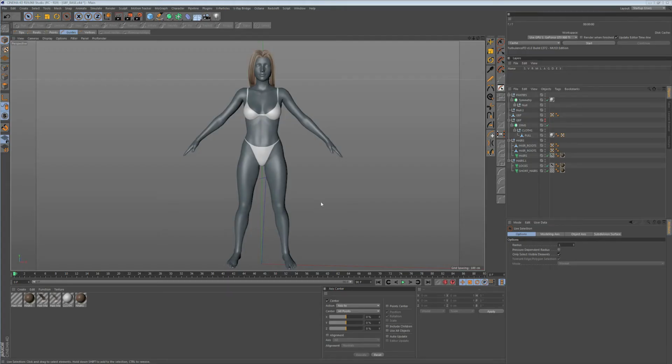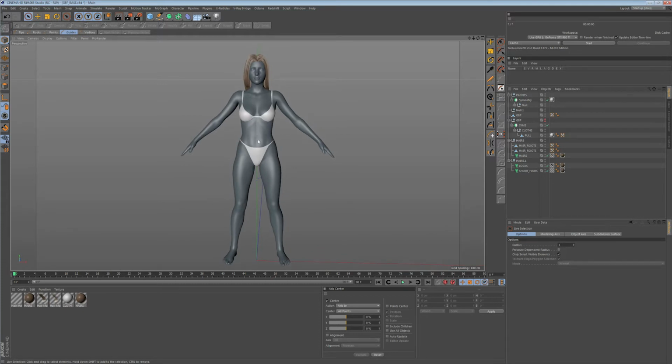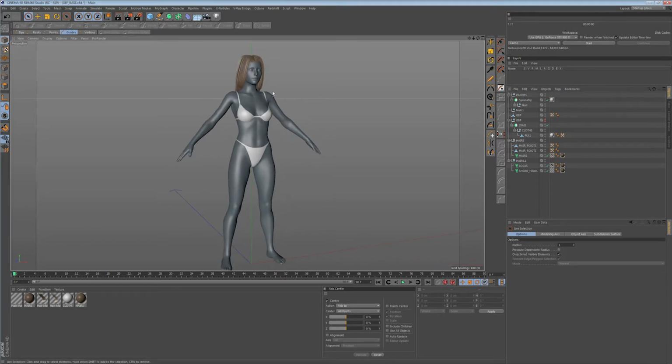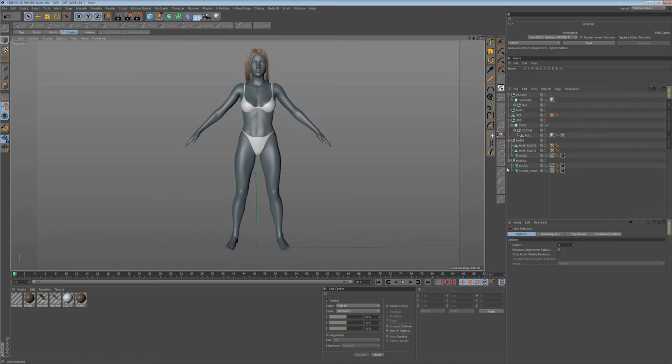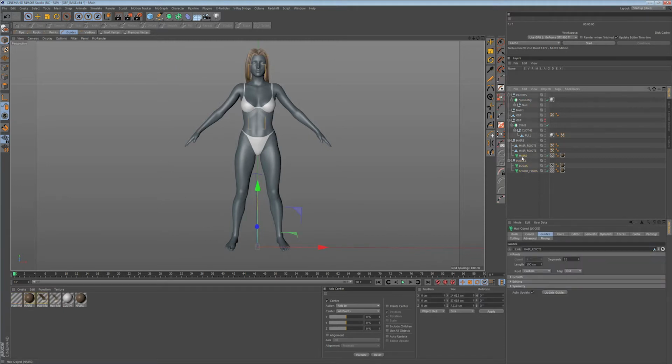So to start working on Syndra, I'm going to have to make a hairdress outfit, and for that I'm going to use the template from Genesis 8 Female, which is something I exported from the studio. You can see it here. It's a 3D mesh, and I have also different objects you can see here, such as hair modules, which are hair strands,